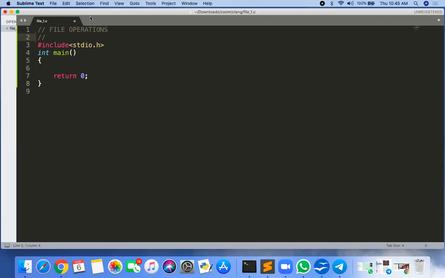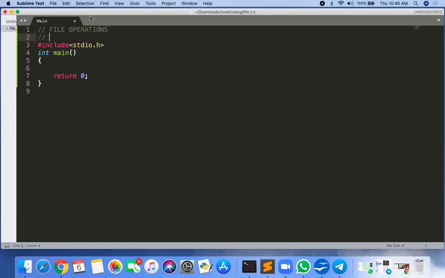So for any secondary or permanent storage, if you want to store your data, then you require this topic, file operations. You store your output in a file, and that file gets stored in the hard disk, C drive, D drive, like that. You create a folder, and in that folder you store that file. This is for output purposes. The same file can be used for input purposes also.